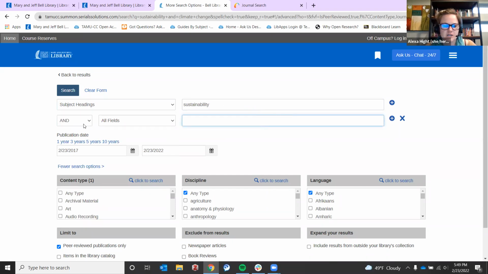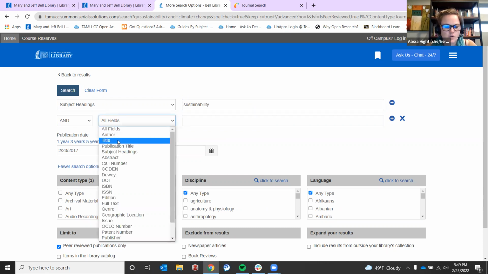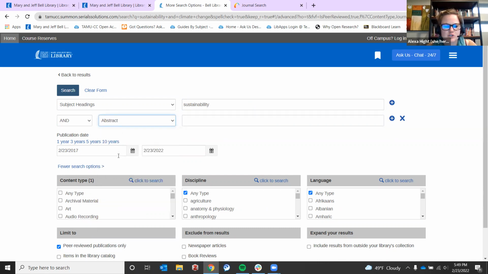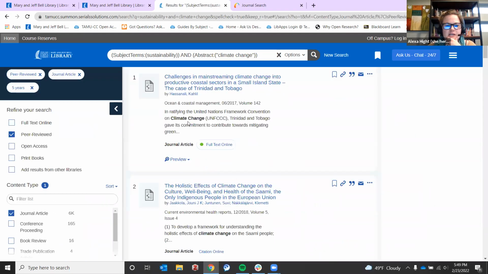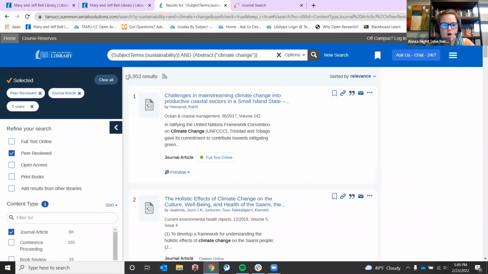And I want it in the abstract. I want the term climate change. And that can also narrow things down because you're saying specifically where things are going to show up. So as you can see there, I very quickly narrowed things down to almost 6,000 results.